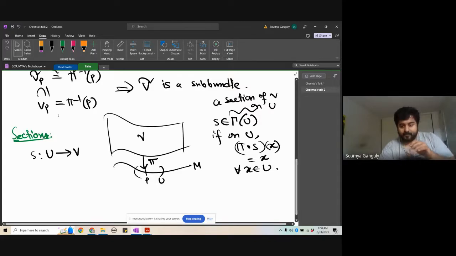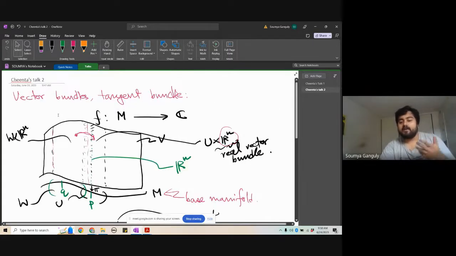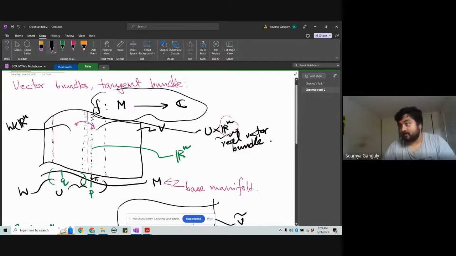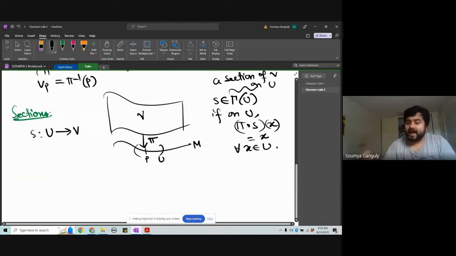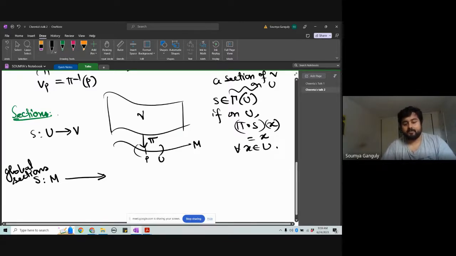Now, these sections are very important. Why? Because previously we explained that on a compact complex manifold, you cannot have holomorphic functions like this. They become constant functions, because of essentially Liouville's theorem. Then what you have on manifolds are basically this. M is also a subset of M. So you can have global sections of vector bundles like this.